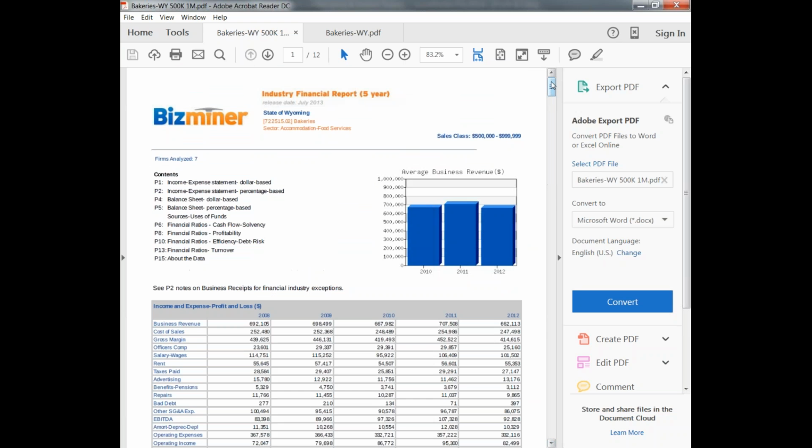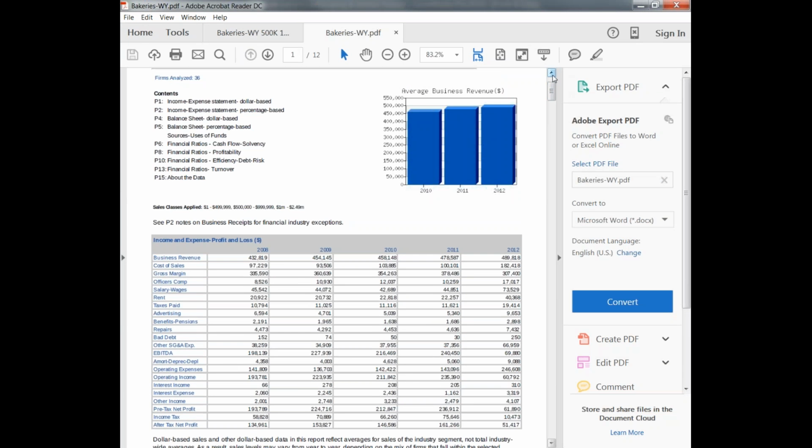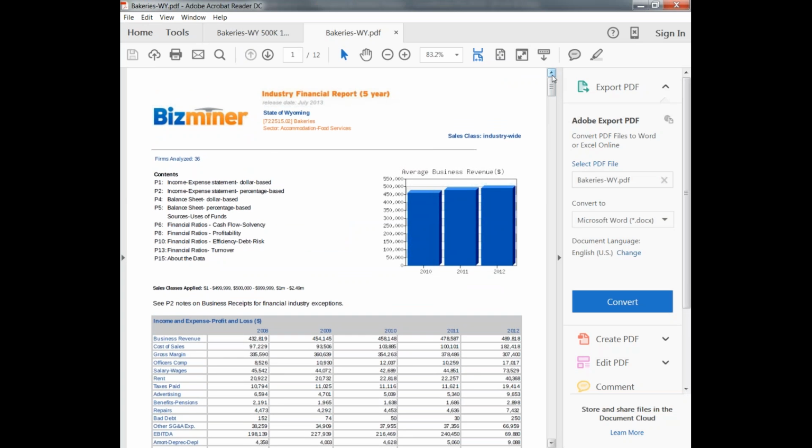And these are based on a lot of businesses. This one in Wyoming is a little trickier because it's looking at 7 firms in the $500,000 to $1 million category, but they do have other categories, and I think for this one we could look at just bakeries in general. So you'd probably be able to find your type of category if you're a law firm, or a manufacturer, or a wholesaler. You'll be able to find some industry-wide data. Here in this instance there are 36 firms analyzed, and average business revenue per firm is around the $400,000 mark. And the cost of goods sold, those are the kind of things you want to look at,